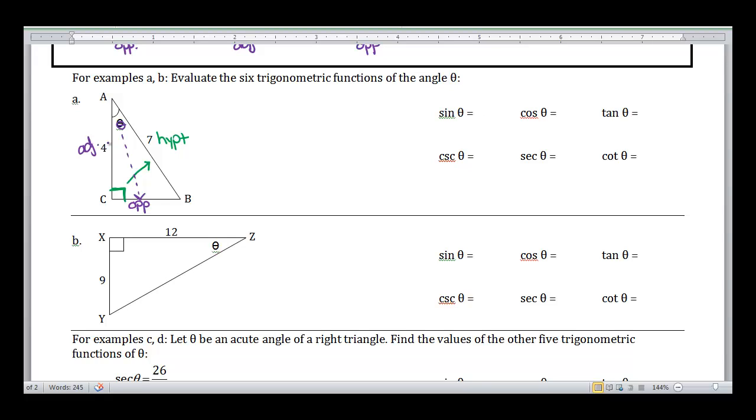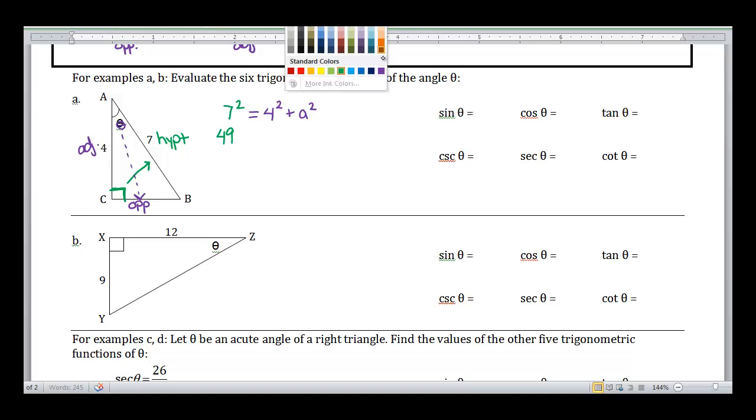Now, I know the length of the hypotenuse and the adjacent side. Right now, I don't know the length of the opposite side. So this is where I'm going to use Pythagorean theorem. I can use Pythagorean theorem to solve for the third side of a right triangle if I know the other two. So again, we want to start with the hypotenuse squared. And that's going to equal the other two side lengths, the 4 squared plus the side I don't know, a squared. So if I go ahead and simplify this, I have 49 equals